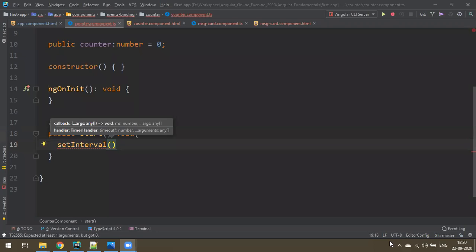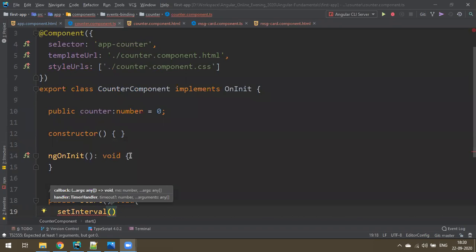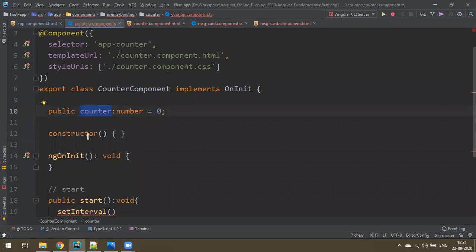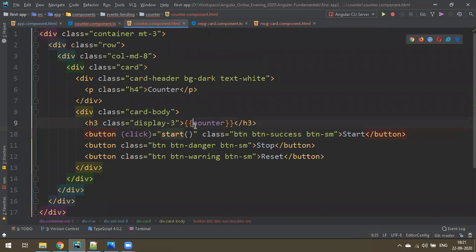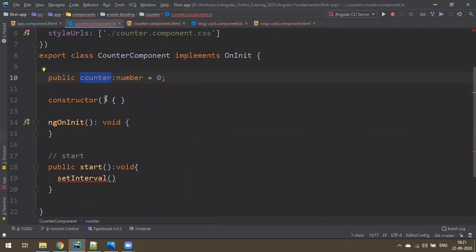A for loop you can do, but what is the last number for the for loop? You don't know, right? Infinite. We can't make infinite with a for loop, right? So why are we using the this keyword? In this class, if you want to use any property, this is called a property, right? This is a constructor, this is a method, this is a method. Any property of a class you want to access, you can use the this keyword. Inside HTML you can use it directly, because that's a provision given by Angular. But to access it here, that's a simple loops concept, right?